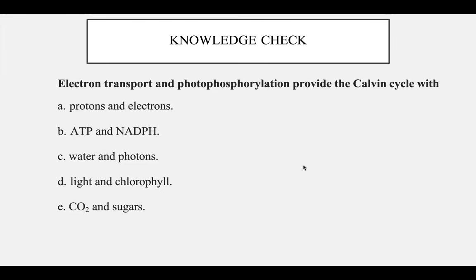All right. Okay, a lot of people got it correct. The correct answer is B, ATP and NADPH. I saw someone said, see, the reason it's not water and photons is that photons are light energy, so they're absorbing photons. And the reason it's not water is because water is used to produce oxygen. So water is actually broken down to produce oxygen. But the correct answer is ATP, which is obviously energy, and NADPH, which is responsible for being the electron carriers for your Calvin-Benson cycle.